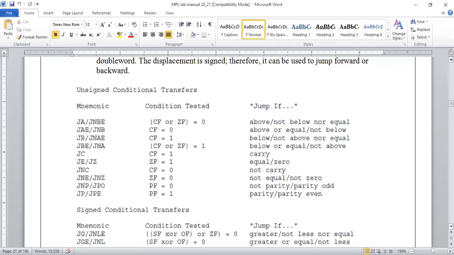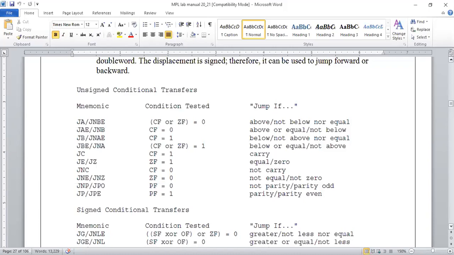Okay, and the appropriate flags might change as per the condition. So that is the jump if below or not below. It will have two alternatives. Normally these are different combinations that you are going to use in the program. Depending on these flags, we can transfer the control, but that depends on the condition.